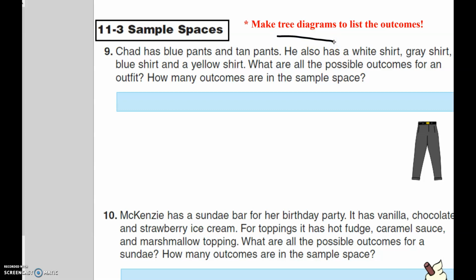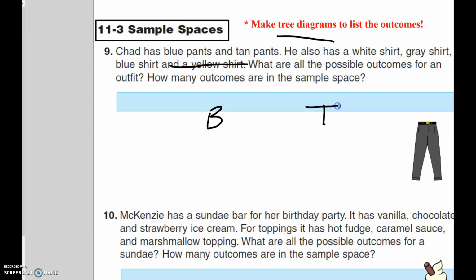Chad has blue pants and tan pants. He also has a white shirt, gray shirt, blue shirt, and yellow shirt. What are all the possible outcomes for an outfit? How many outcomes are in the sample space? I'm just going to cross off one of these shirts to make this smaller tree diagram. So first thing he's picking is pants. So he has blue pants